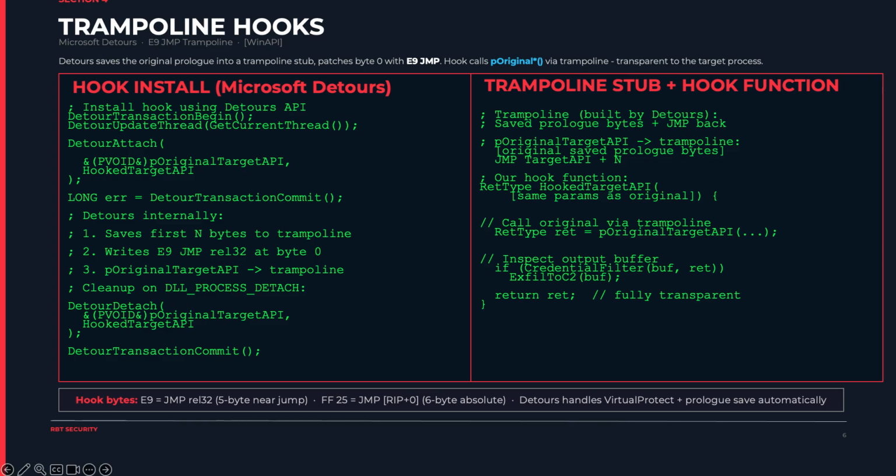Instead of touching the function itself, we go into the import address table and replace the pointer. The original function code is completely untouched, so we are just changing who gets called. And the third one is